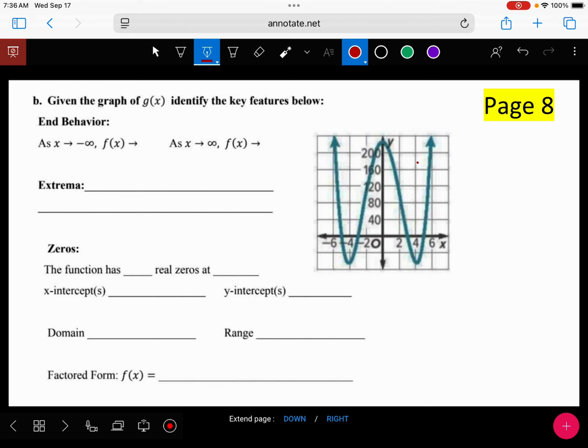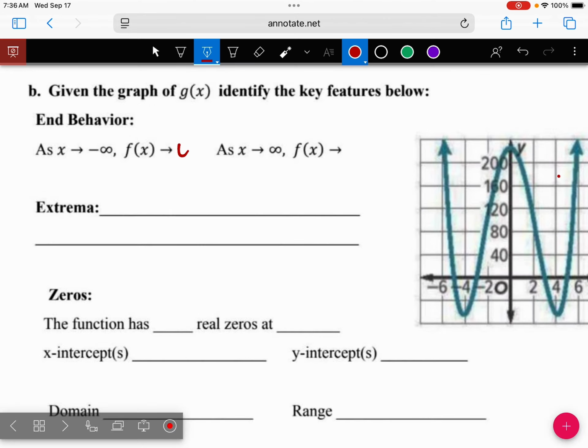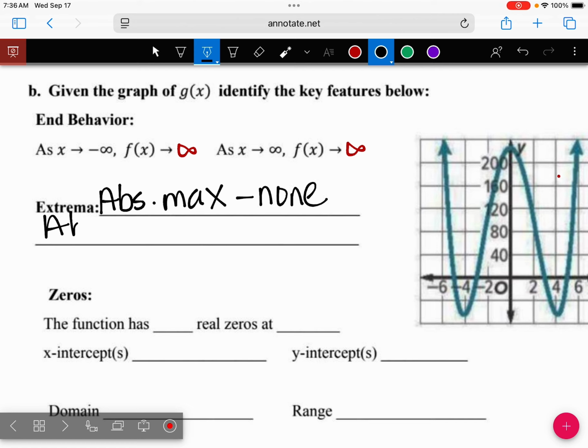All right, what's happening on our arrows? Both are going up, so that means my end behavior for both will be positive infinity. So for a max, I'm going to call it absolute max. We don't have any. For my absolute min,